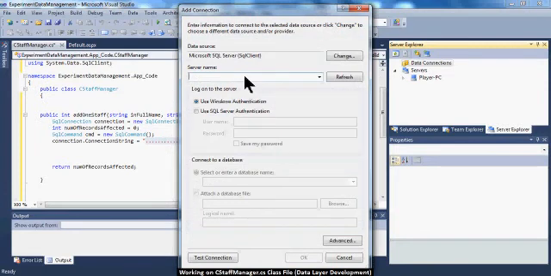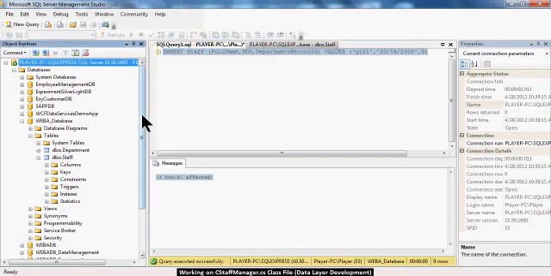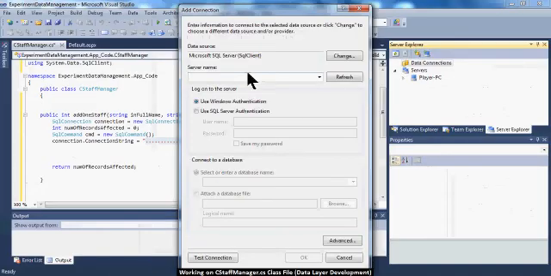The form says, please tell me the server name. Do I know the server name? Yes, it is inside the SQL Server Management Studio environment. You notice that it's called Player-PC/SQL Express. This is my laptop environment. So I'm going to put in Player-PC/SQL Express. Then after that I'm going to use Windows authentication, and if all these settings are correct, I